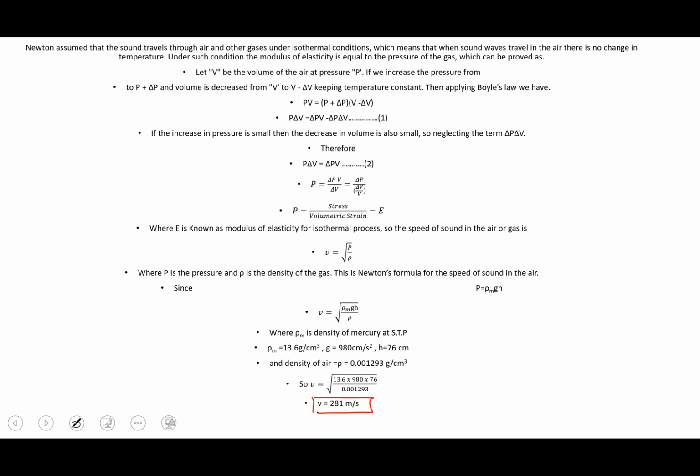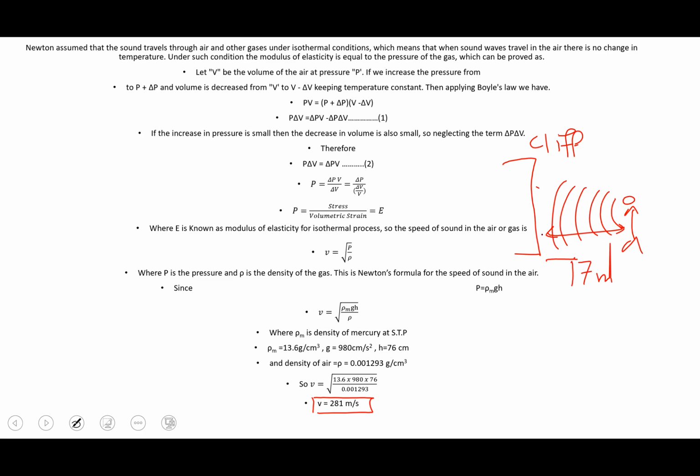But this is not the velocity which we had in mind. Let's do an experiment. Say this is a cliff and a person is standing over here, and he claps, and the distance between the cliff and the person is, let's say, 17 meters. The clap goes to the cliff, strikes back, which is known as an echo, and comes back to the human ear in 0.1 second. So time is also with us.